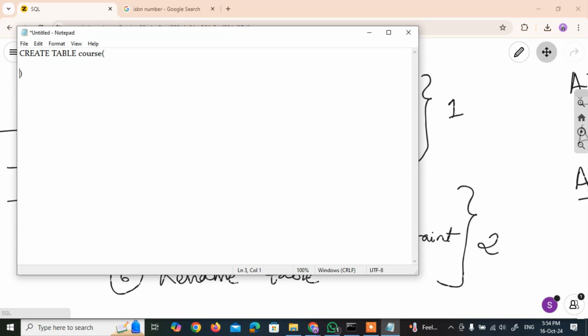So I want to create a course table which will have ID of type int. I'm not declaring anything over here on purpose. Next, we want to go ahead and add a course name. So name of varchar 100, and then we can have a price of type decimal, 7 comma 2. So this is the table that we want to create. So quickly let's get implementing.